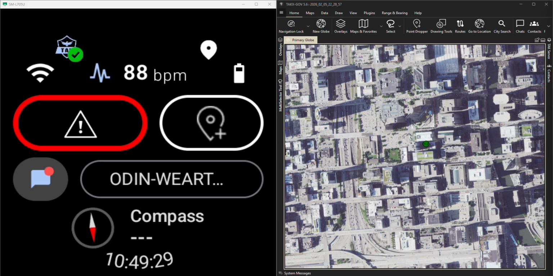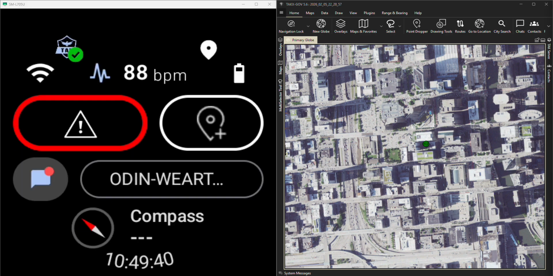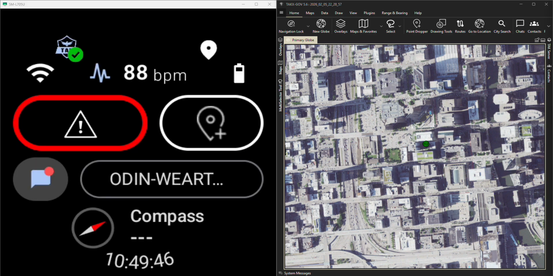So let's start with the basics of initial setup. When others use TAC, you are represented by your call sign, role, and team. I'm going to show you how to set those up. First, your call sign. This could be unique to you, your duty post, whatever your command or server administrator tells you to use. To change it, select Callsign,